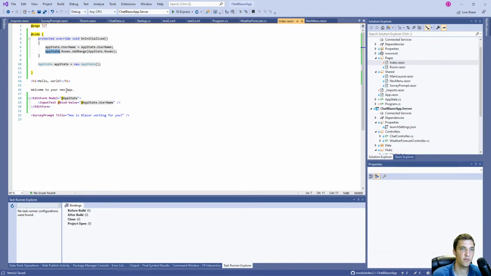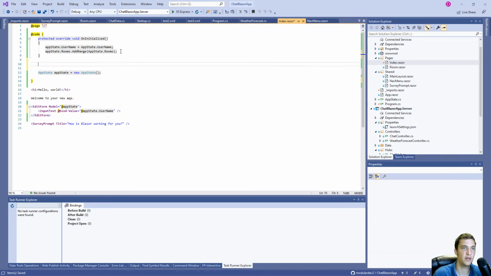And now, instead of binding these, I'm going to bind it here, because when the form submits, that's when I'm going to change the global app state. I don't want to change it if they don't submit the form. Hopefully that makes sense. So let's create a function that we can call when the form submits. Private void form submit,